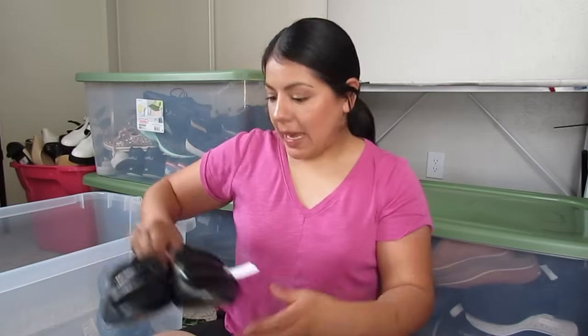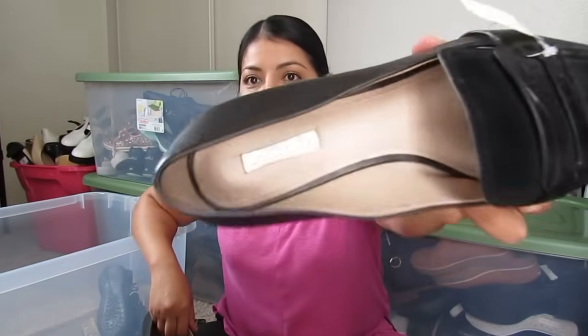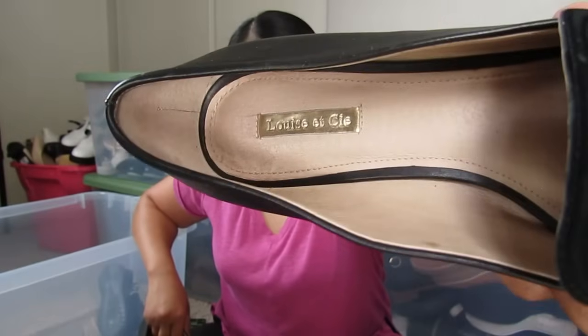Here we have some black loafers by this brand, which again, I keep mentioning that video, but I also mentioned this brand in my reseller income report. It is a brand that I would pick up no matter what. I saw it, I picked it up, as long as it wasn't falling apart and in very bad condition, because it would do really well for me. But lately, I am leaving a lot of it behind because it's sitting way too long for me. So I try to pick up